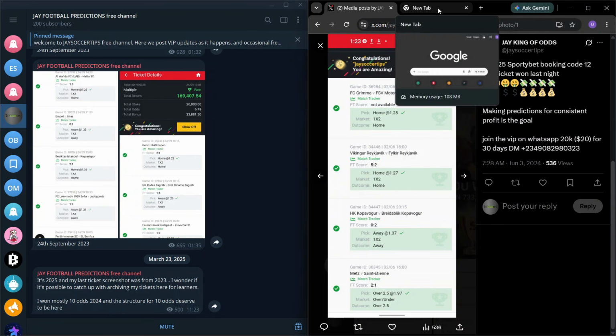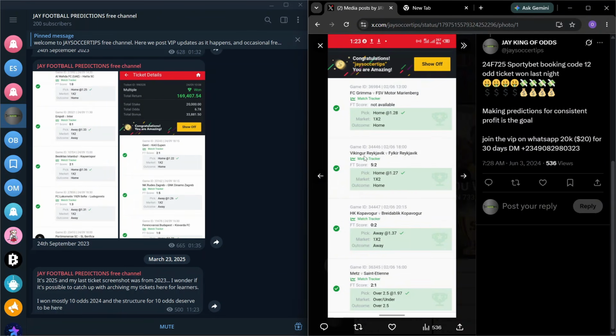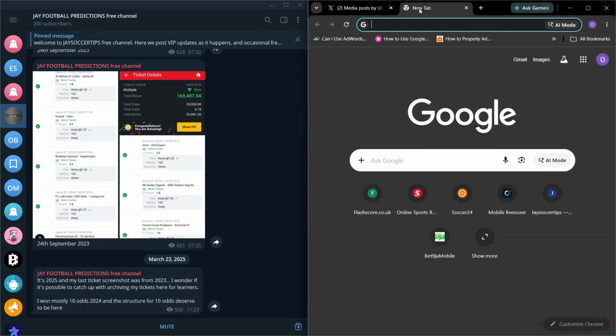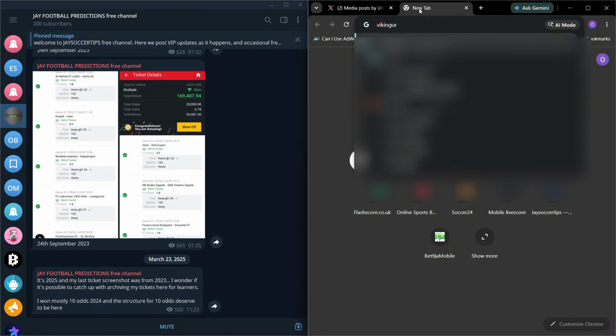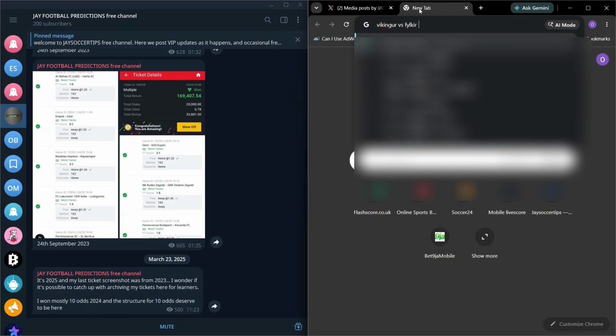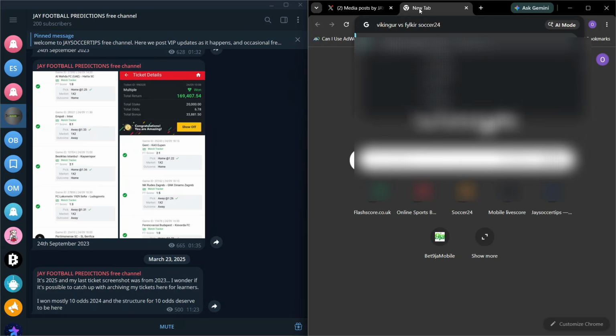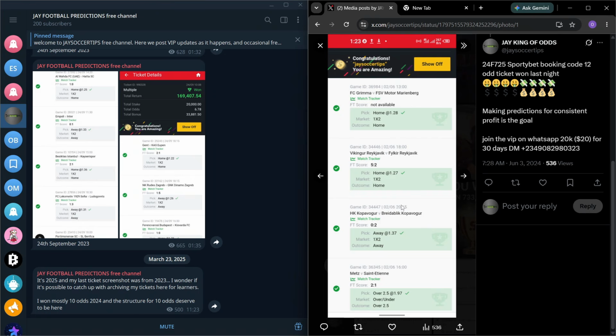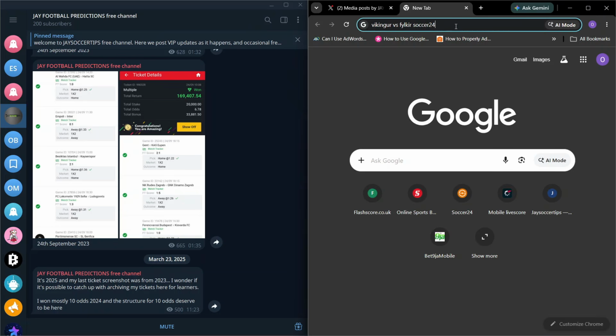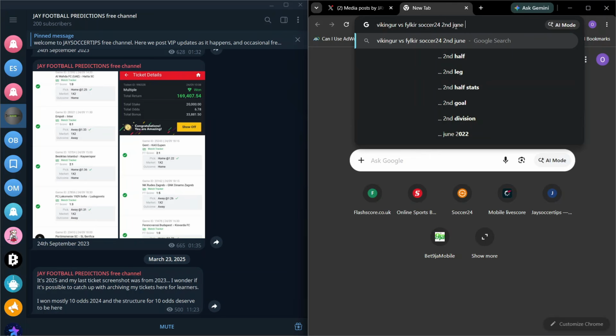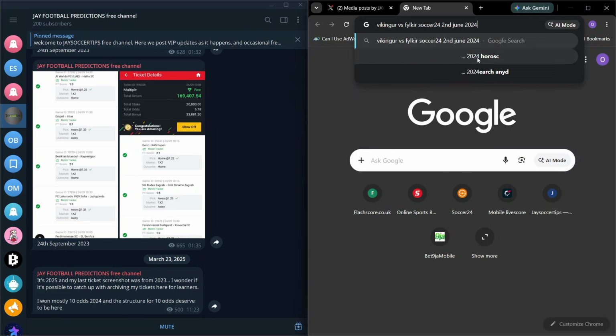What we are going to look for now is to search for any of these games. Let's say I want to know the odds I used for this particular game, Viking Go, Reykjavik with Fylkir. I'm going to search for Viking Go versus Fylkir, result, Soccer 24, and then add 2nd June 2024. So if I select this and click enter,